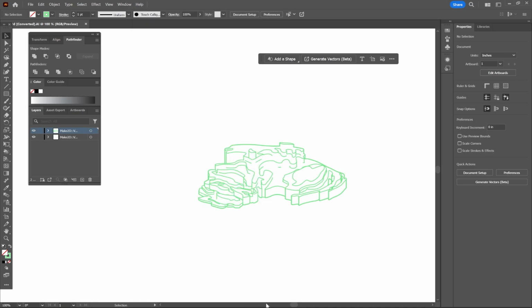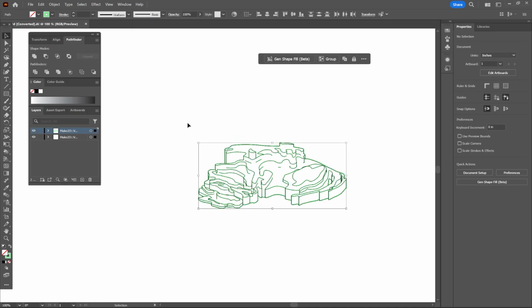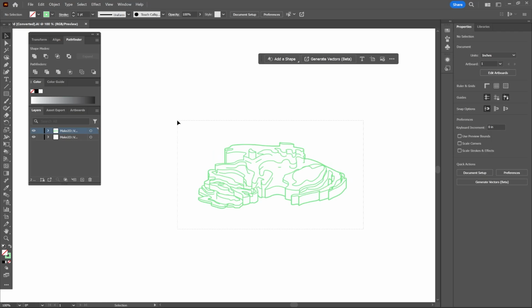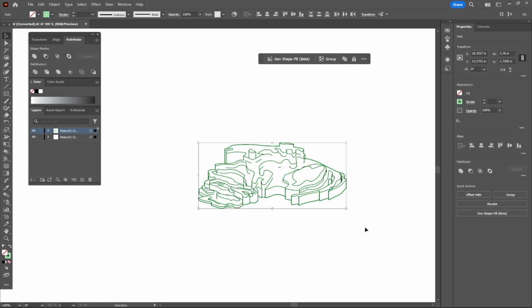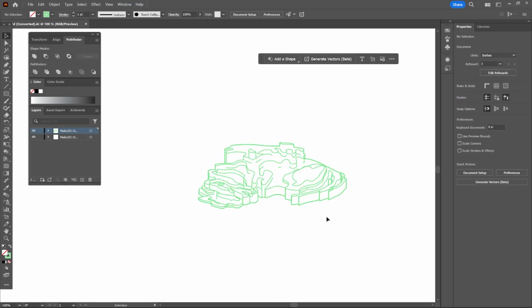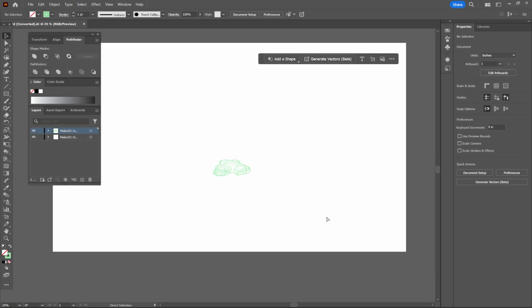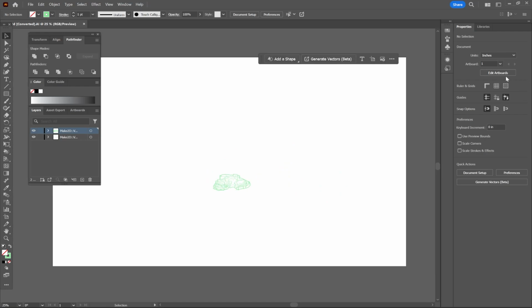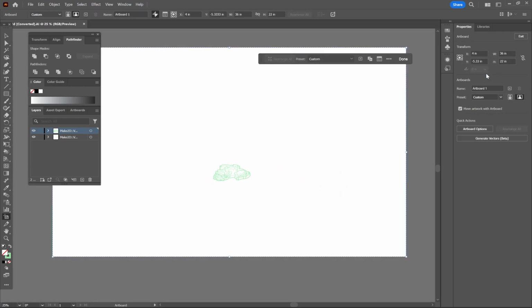Now, first things first, we can see that this drawing exported the same color as my model that was in Rhino, and we can see that it exported on a very large artboard. Now I can change my artboard size by going here, Edit Artboard. Right now it is a 36 by 22. I just want to have a regular paper size, so I'm going to edit that by just typing in the size that I want.